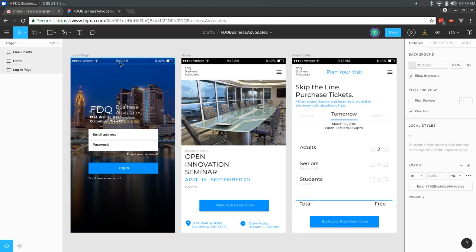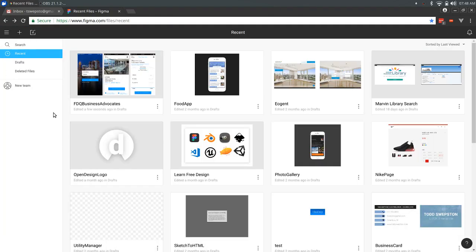So user interface design lets you lay out what a screen looks like, where things should be positioned, and then later on I'll show a tool called Zeplin that lets you directly translate that stuff over into CSS, which you can use to build an actual web page or phone application that looks exactly like this. It's pretty powerful, pretty amazing, and I've used it a lot. But what I want to show you today is just getting started. How do you use Figma? What do you do? So anyway, I'll just create a new file,